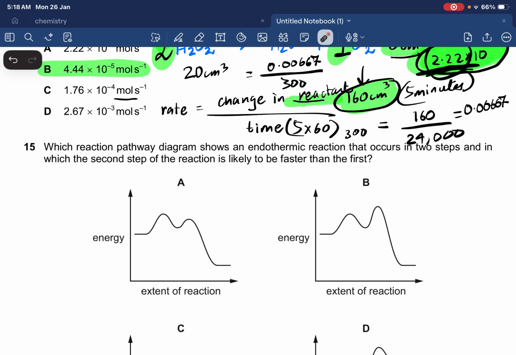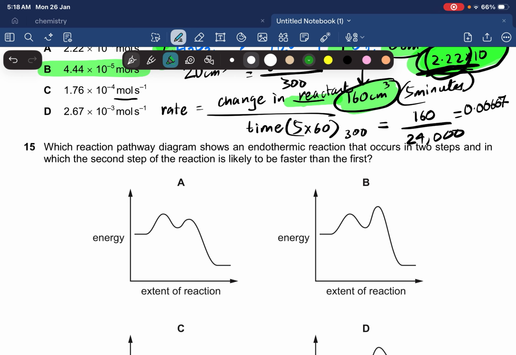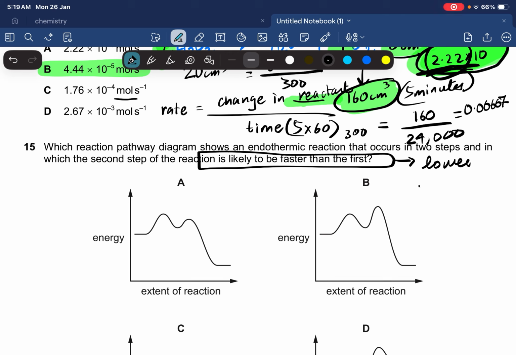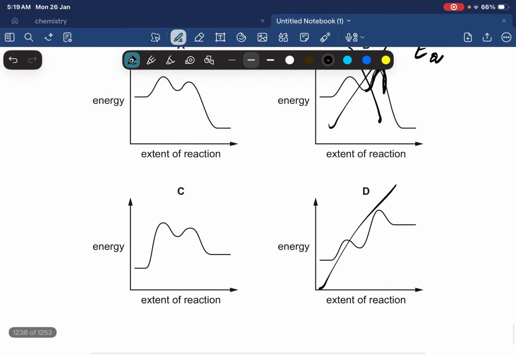Which reaction pathway diagram shows an endothermic reaction that occurs in 2 steps, and in which the second step of the reaction is likely to be faster than the first? So firstly, we have to see that the second step is likely to be faster than the first. Which reactions are faster? Those reactions that have a lower activation energy. So the second step should have a lower activation energy than the first. Over here you can see the second has a higher one. So cross